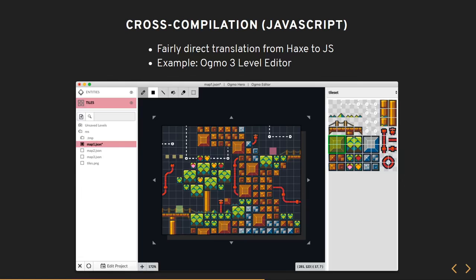Kotlin, no, but I thought Kotlin was more for Java projects. No, it is actually multi-platform now. Oh, I see. If you came to my talk, you would have known this.